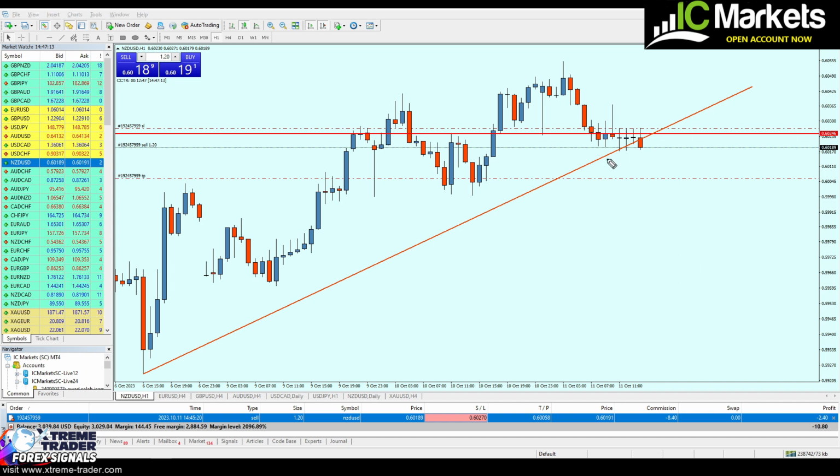I mean, look at that. There is absolutely no way for the market to rise after having all these wicks right here. Number 1, 2, 3, 4, 5, 6, 7, 8, on the same level of a resistance. Combining that with the fact that we're having a head and shoulders pattern, all of them together, of course with that support trend line as well, the broken level of support trend line, all of that together indicates that the market